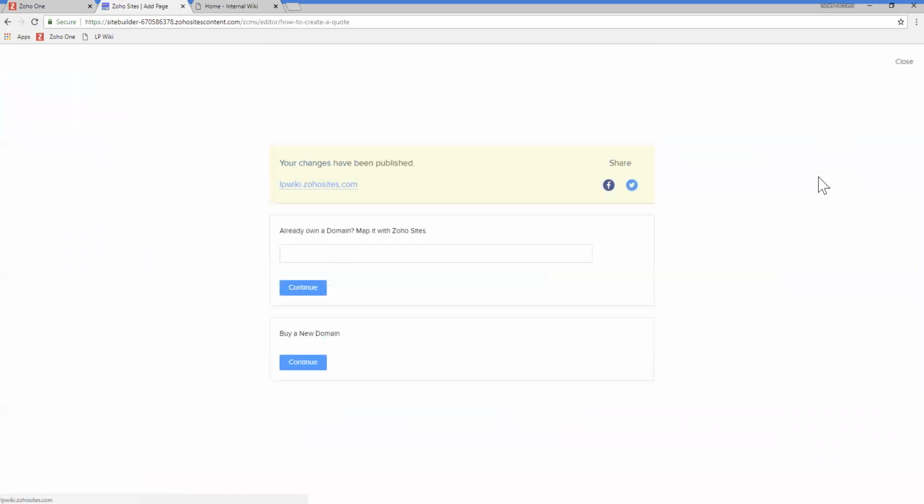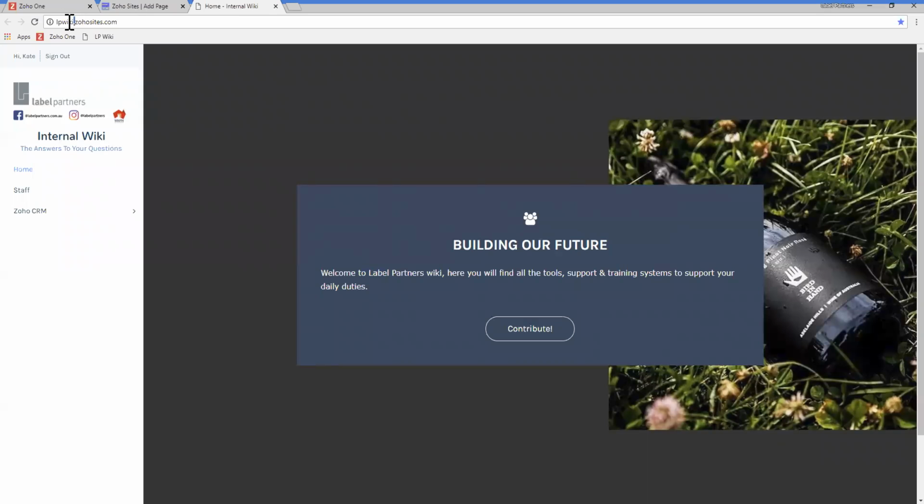Okay, and then obviously we click publish. When you click publish, it means that it's essentially saving it to the site. And then now, if we go to your actual wiki site, which is what your staff should be going to, which is called lpwiki.zohosites.com. Okay, and this is essentially, as you can see, it's the actual website. Okay, and if I click on anything here,